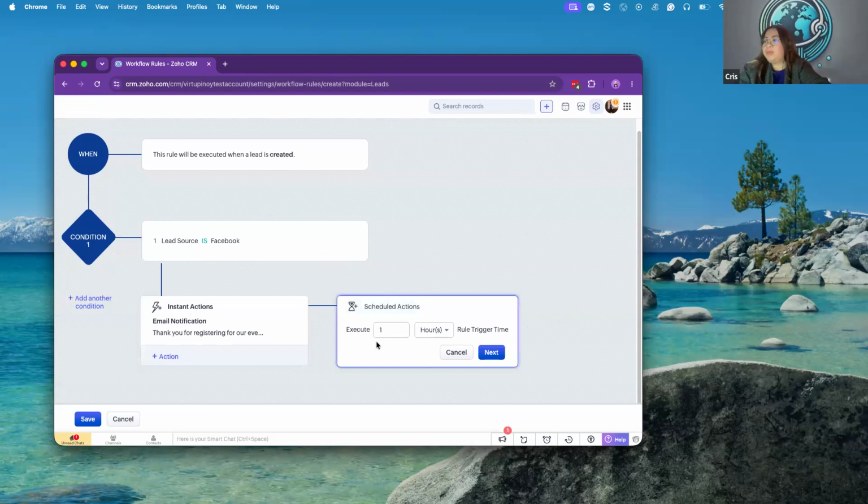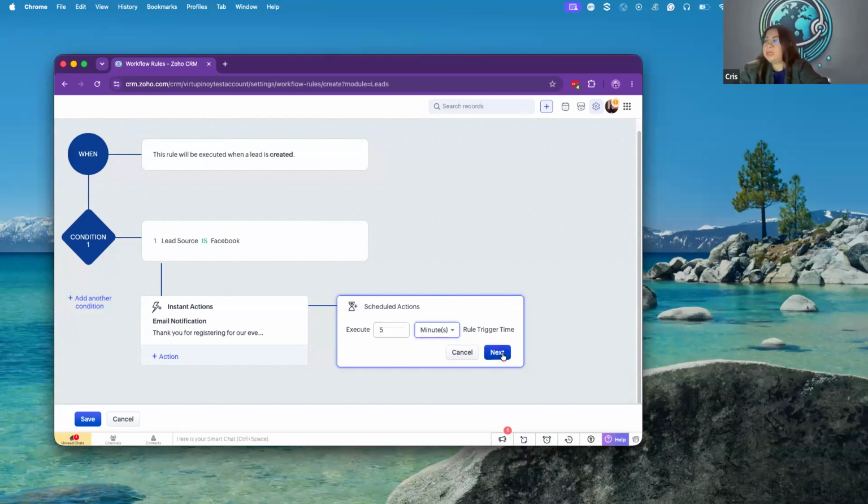And then, like what I've mentioned a while ago, you have the option to choose whether you want the email notification to be sent right away or after a few hours. But then, since we want the prospect to receive the email right away after they register, then let's put 5 minutes.